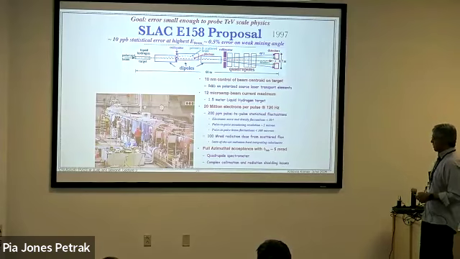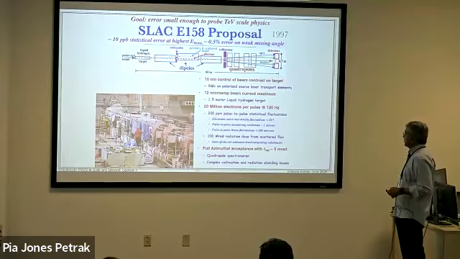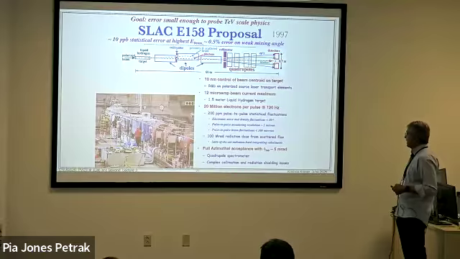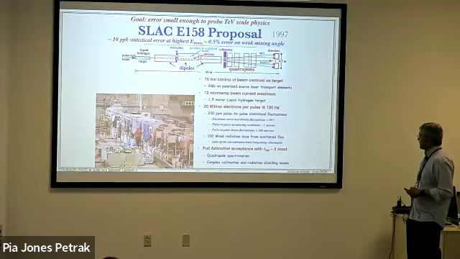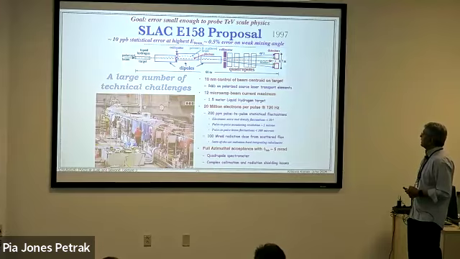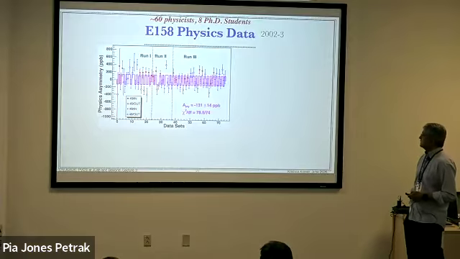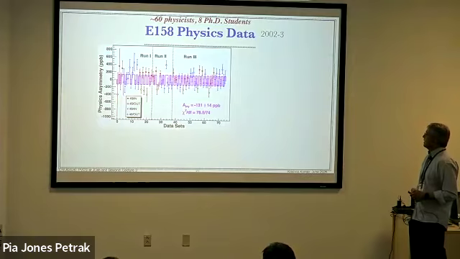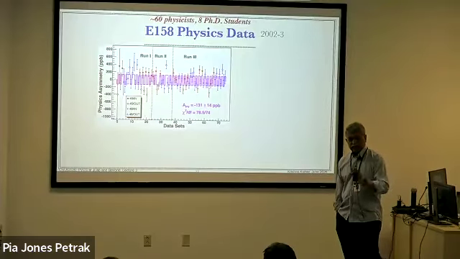Okay, so there were a lot of technical challenges. I won't go through this in terms of high radiation, high electron rate, full azimuthal acceptance, et cetera. A number of technical challenges. This is the result. Asymmetry going up and down, we always do that. Apart from the half wave plate going in and out, which is the standard thing to do,